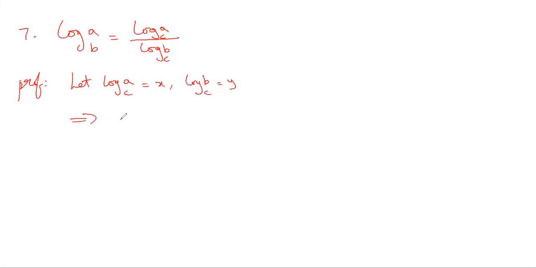That implies a equal to c power x, b equal to c power y. But we want the a value with the base b. So what we do is we write the c in c power x in terms of base b. So this c can be written as b power